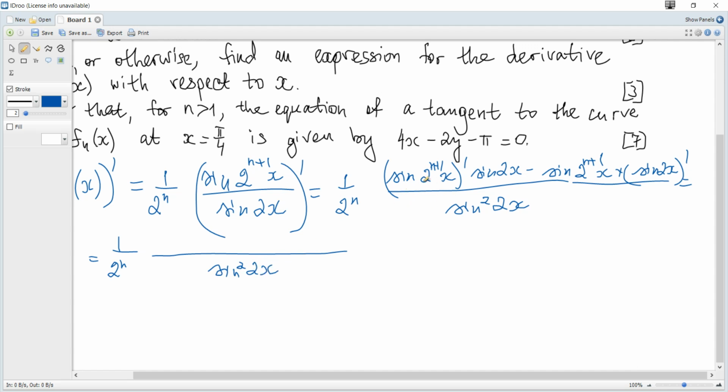Sine of 2 to the power n plus 1 x, its derivative: it's a function of a more complicated argument. We should apply the chain rule, and it says we use the formula for the derivative of sine. It's cosine of 2 to the power n plus 1 x. We keep the same argument, but we should multiply by the argument's derivative. The derivative of 2 to the power n plus 1 x is just 2 to the power n plus 1. So cosine of